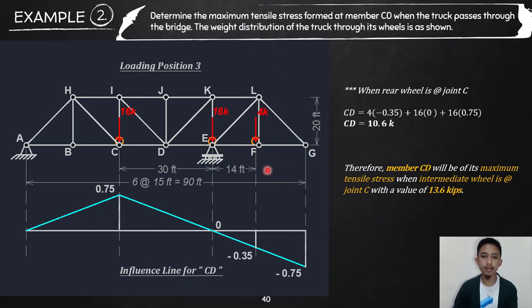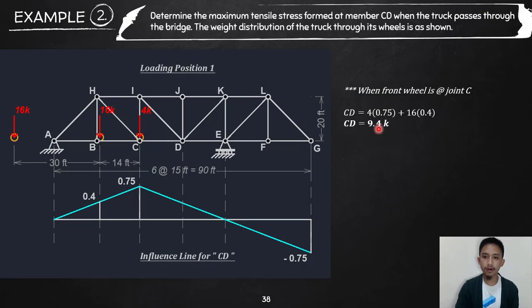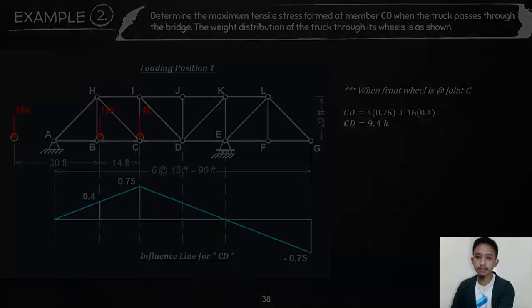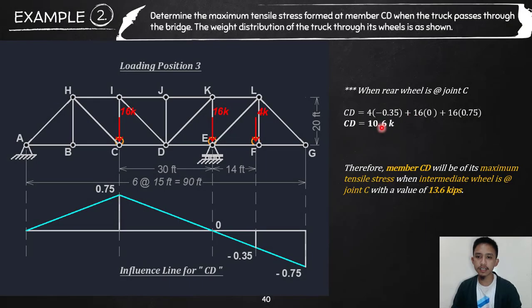But still, let's calculate. The front wheel 4 is multiplied by the ordinate negative 0.35, so that will end up minus. Then 16 is within the support, so 0, and the other 16 will be at the maximum 0.75. A while ago, that added because it was positive, but this time it subtracts, so it becomes a little bit lesser. Therefore, given the three values, 9.4, 13.6, and lastly 10.6,